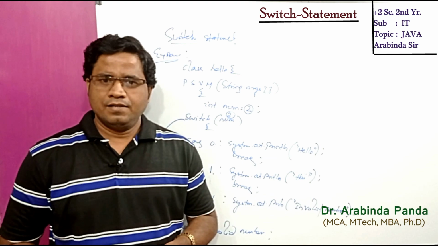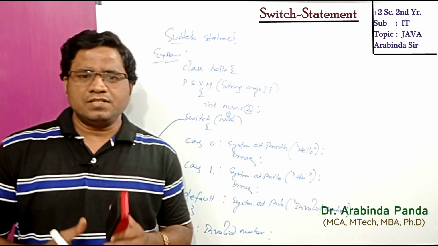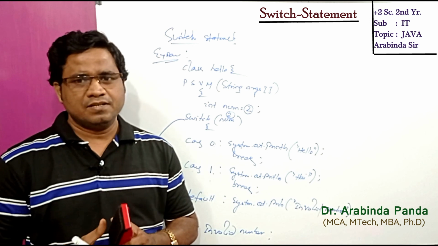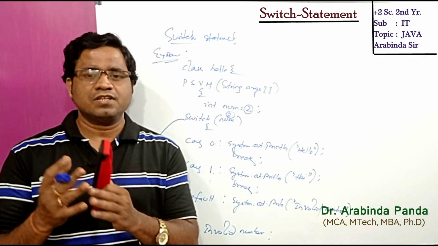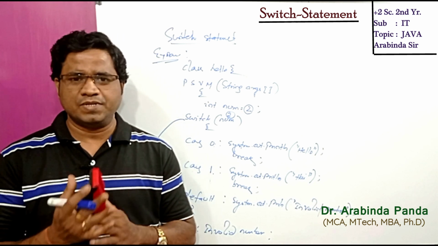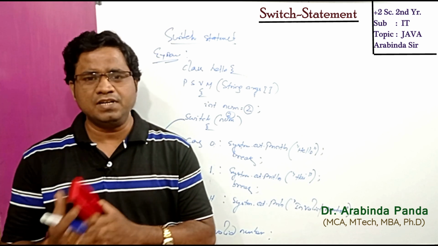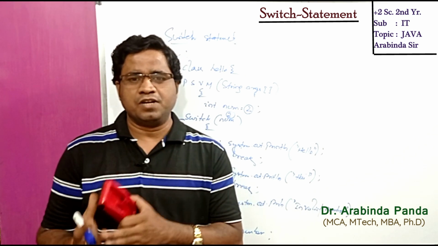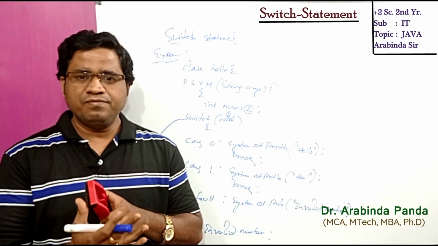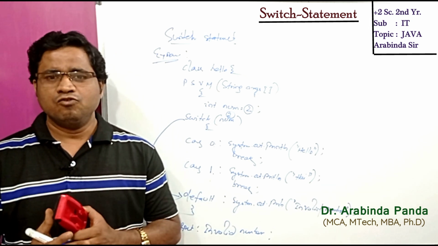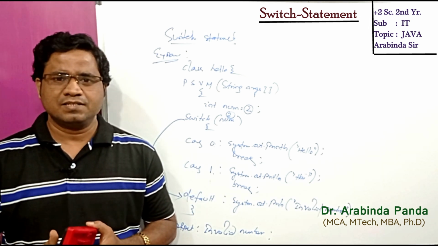So clear? So in today's class, what we have discussed is what control flow statements in Java are and what decision-making statements are available in Java. Basically there are two decision making statements, one is the if statement, second is the switch statement, and under the if statement again simple if, if else, and else if statements. And I hope you are clear on all these things.